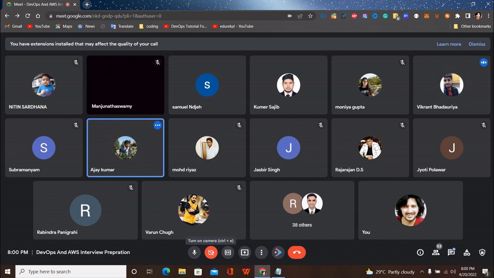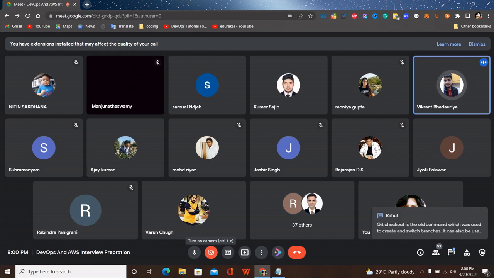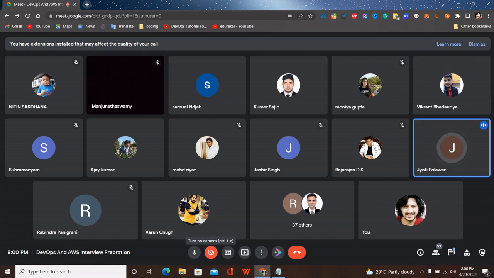It's not exactly a command like that, but it means you check out from the latest commit you have done, pull back that commit and recheck your code. So there is no command like git checkout with a commit ID, it means roll back to your previous commit, right, Ajay? Right. Okay.